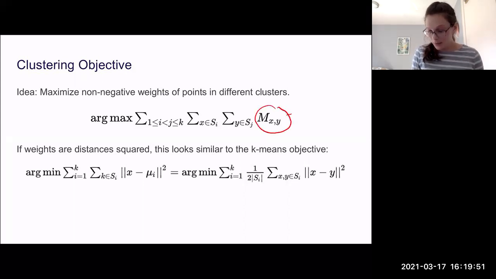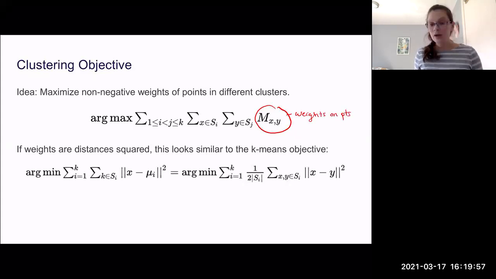So we've put some weights on the pairs of points, and we want to maximize the weight of ones that are in different clusters. So this is like the max cut, except for now I'm allowed to put them into k groups rather than just 2. This can actually look really similar to the k-means objective function, because I could define this quantity to